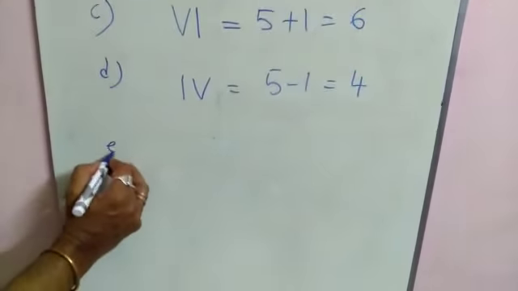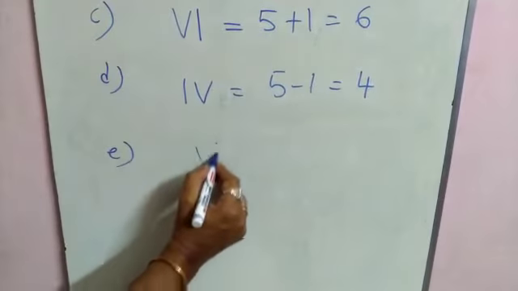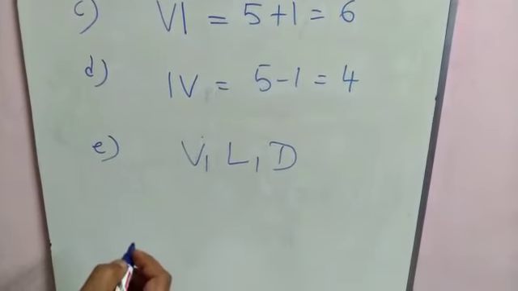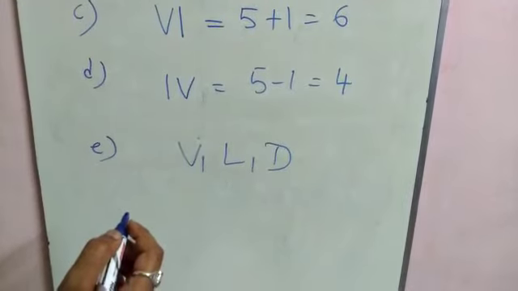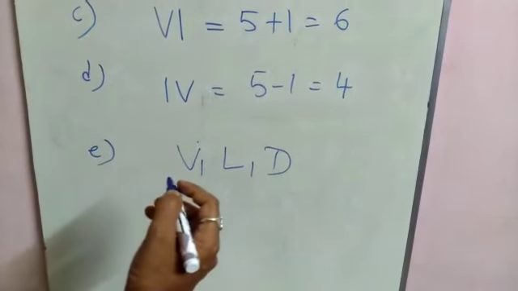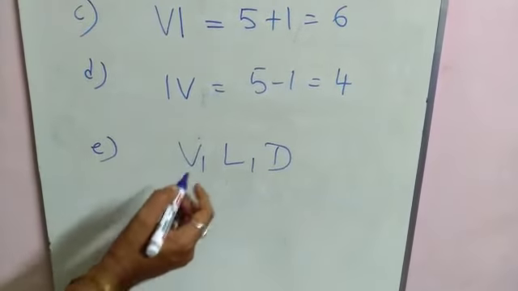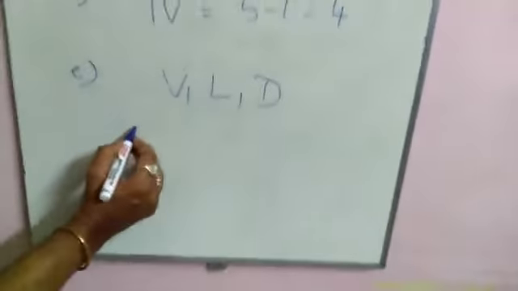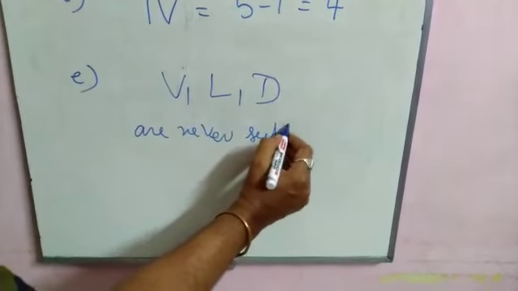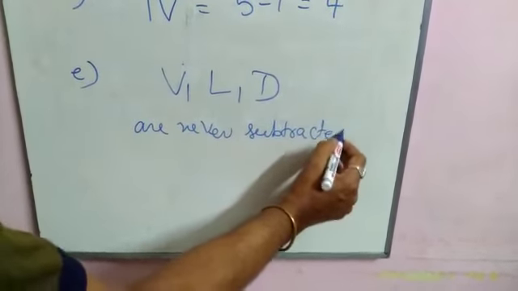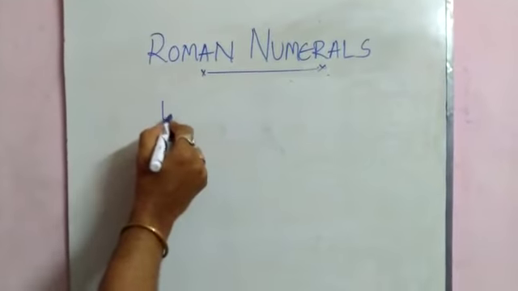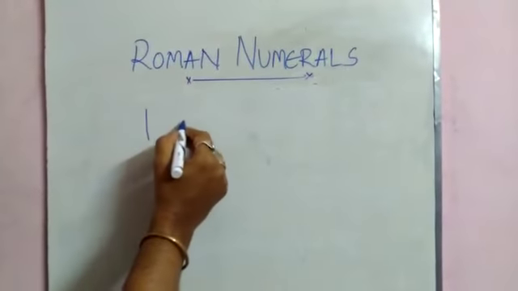Then the fifth property: the symbols V, L, D are never written to the left of a symbol of greater value. That means V, L, D are never subtracted. The symbol I can be subtracted